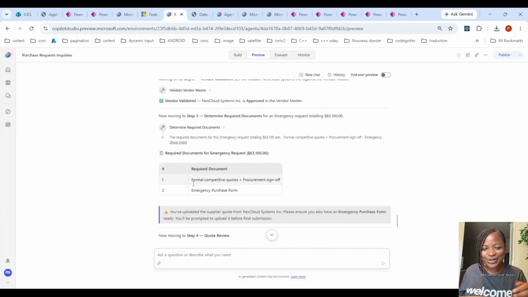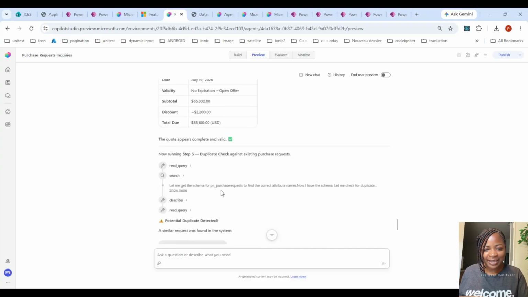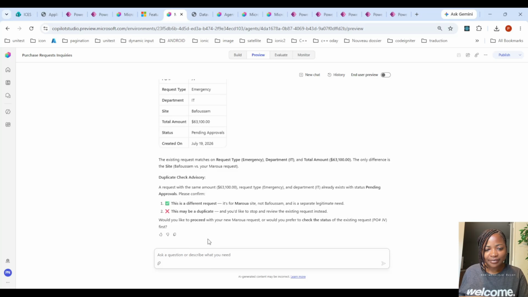Guys, we will not pass this because we need a formal competitive code cross procurement sign-off. And procurement sign-off is that they want it to be signed with a pen, a digital signature, and I cannot demonstrate that. So I will ask to change. Oh, and it's telling me with the policy reinforcement that this request already exists. So I would say, let's change the